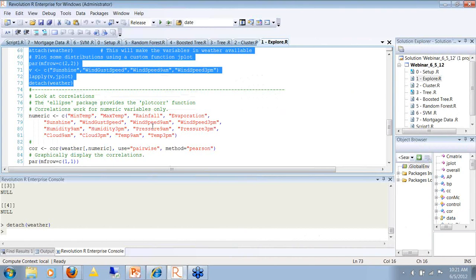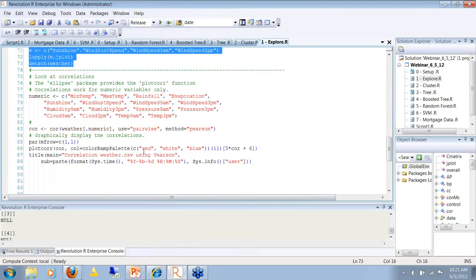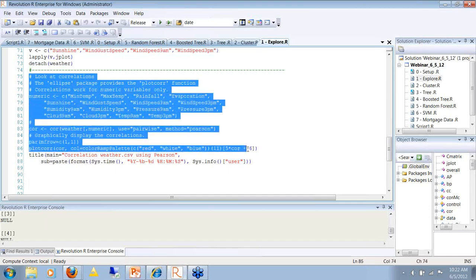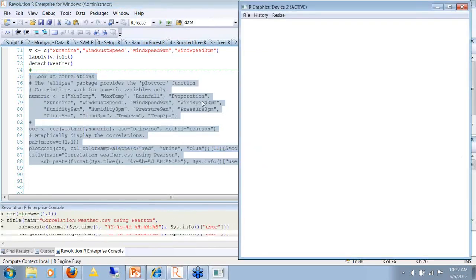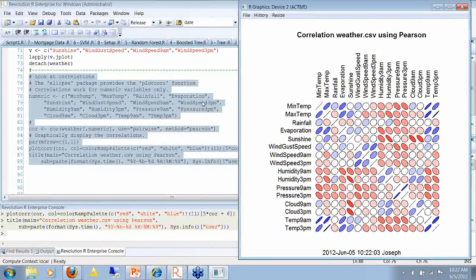And now I want to show you a look at correlations. Essentially here is the breadth of the library of R. There's a package, this is in the rattle package. It's got a correlation function, and it's got a plot correlation function that works with it, and just by stringing things together in the right way, we've got a fairly sophisticated looking graph of many of the variables that are in that data set.